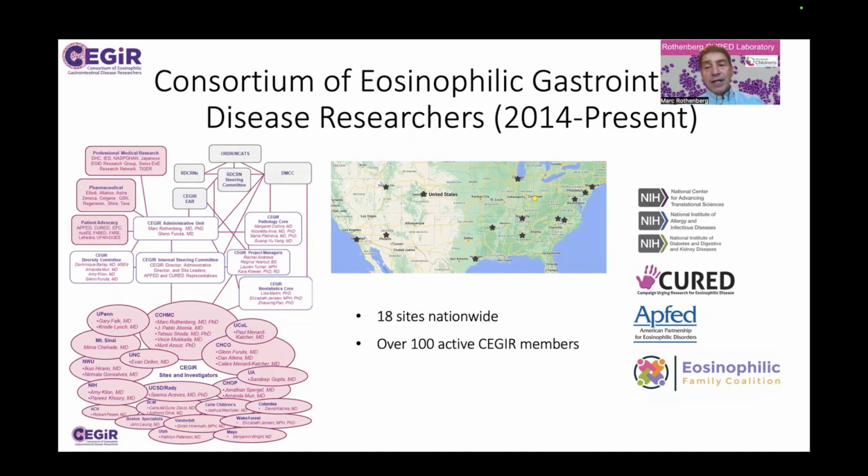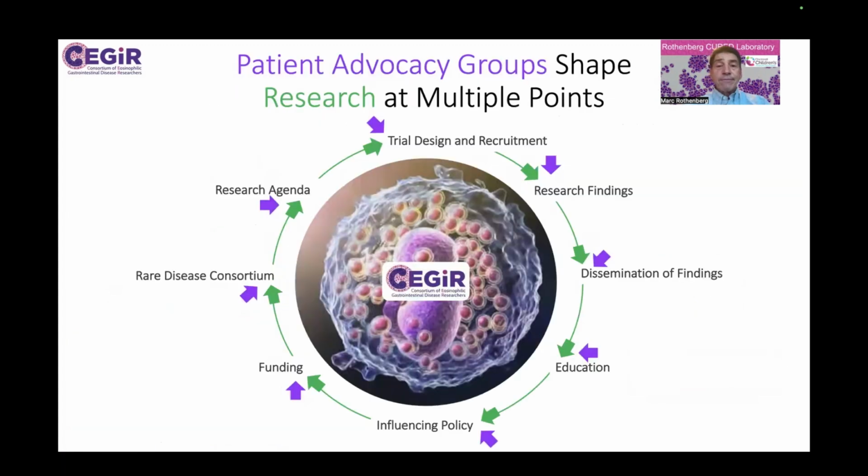We're supported by various patient advocacy groups, as well, importantly, as primary funding from the National Institutes of Health. There's a number of different components. It's a complex operational management system, but importantly, we have a great amount of expertise, people working together with the aim of better understanding and treating eosinophilic diseases. Patient advocacy groups are central to our mission.